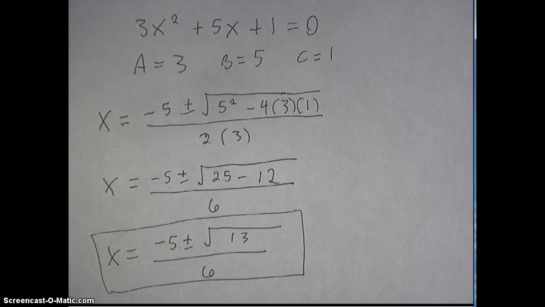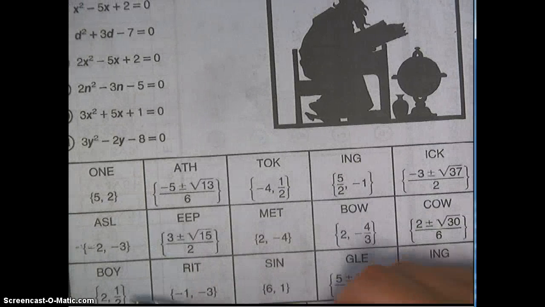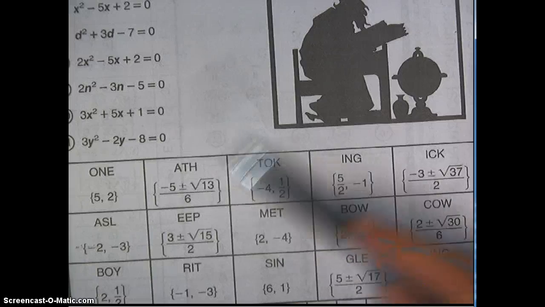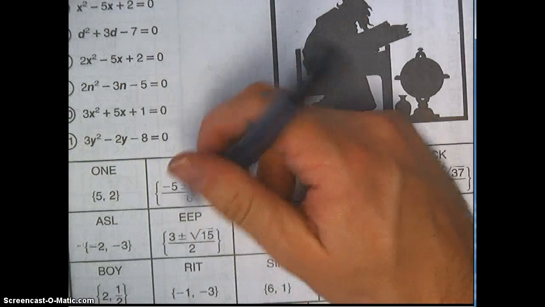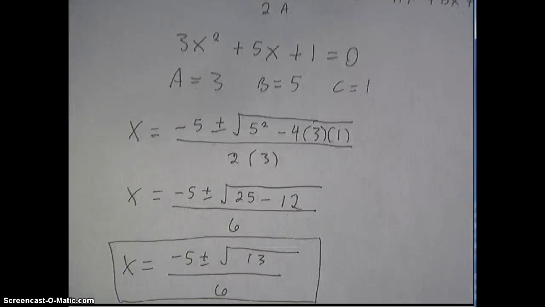And if you look at the homework here, you'll see that one is this choice right here. So you're supposed to cross off that box. It's gone. I wanted to show maybe one more like that. So maybe